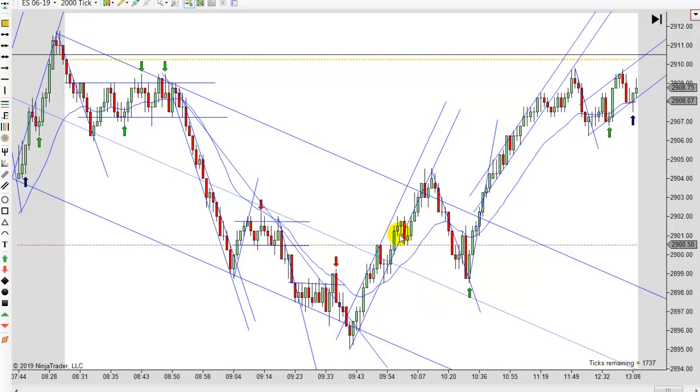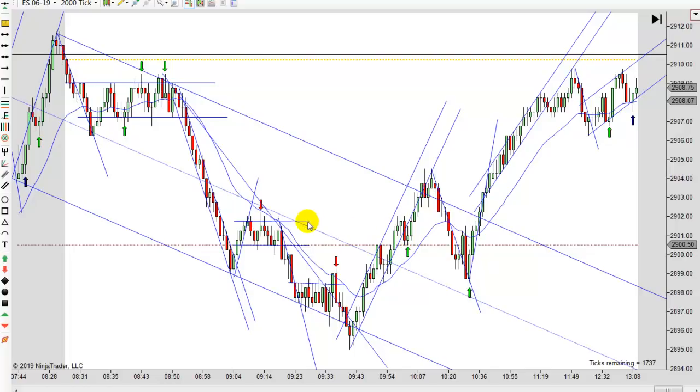Then it runs up here, pull back, first entry, pull back, and there's a second entry long. You do get a close outside. You would expect prices to be going here at a minimum. So there's a little bit of room, and you could look at that as a failed second entry short, so that would eliminate the need for a good signal bar. It really wouldn't matter that much about the signal bar. So I went back and forth about this one, and you could almost argue for that to be green.